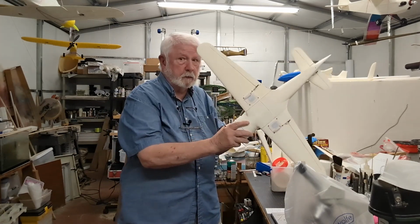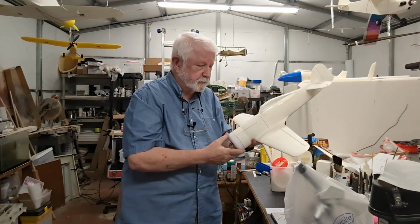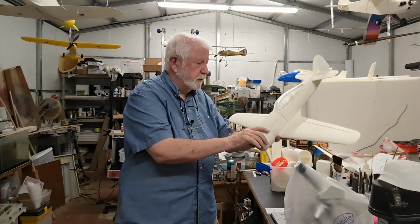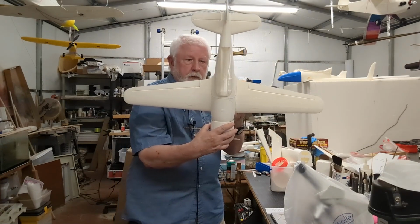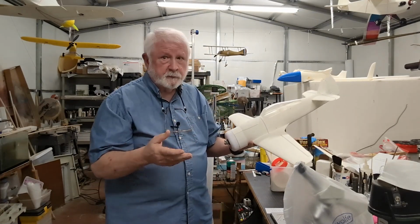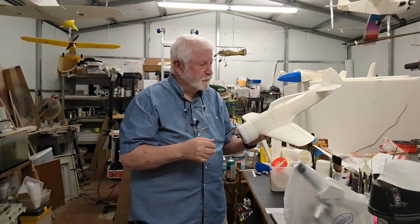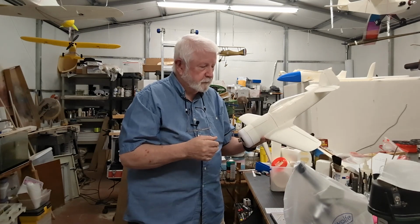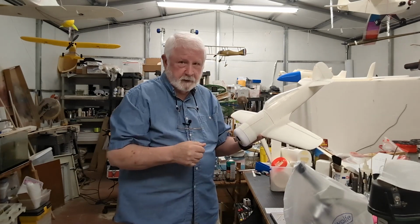Now, it's not on this particular model because I've just been testing the flight characteristics, which, by the way, we found is a relatively high aspect ratio wing. You can see it flies beautifully. However, it is subject to tip stalls, which is what happened to beta number 1 of mine. Had a great flight, it was handling wonderfully. Got it in for some slow passes, and was going to do a slow pass to get back into land,